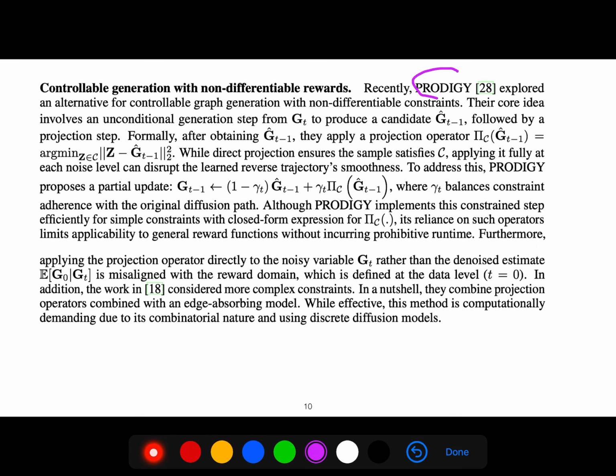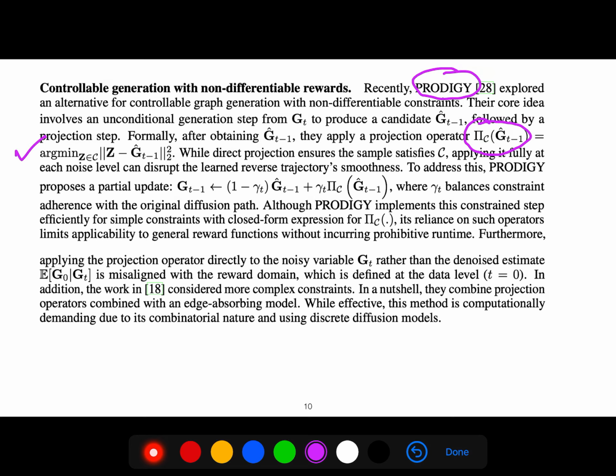So this ProDiGy, I explained it in a different video, exploits an alternative for controllable graph generation with a non-differentiable constraint. Their core idea, if you remember, involves an unconditional generation step to produce a candidate. Then we do this projection operator. I explained this, that at every iteration we need to do this using that KKT condition, if you remember. So while direct projection ensures the sample satisfies the constraint, applied fully at each noise level it can disrupt the learned reverse trajectory's smoothness. So